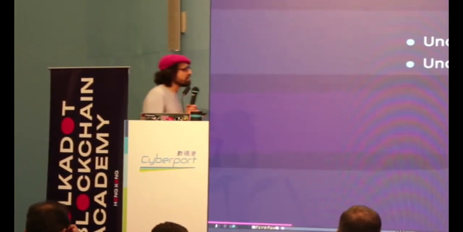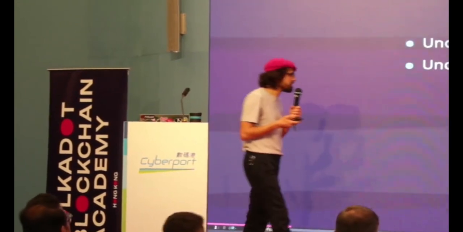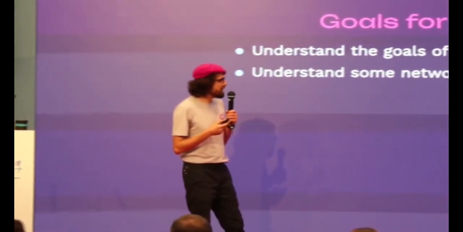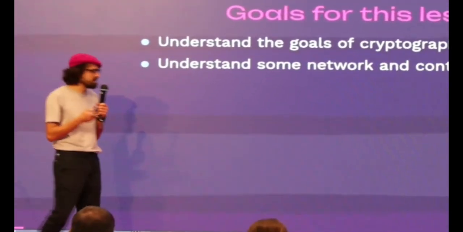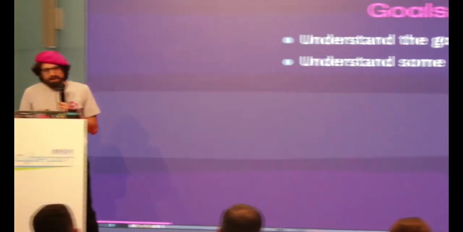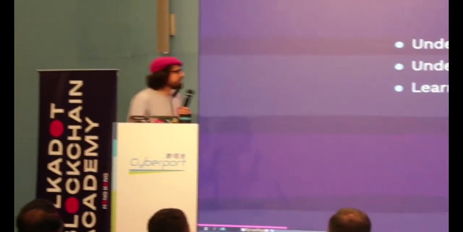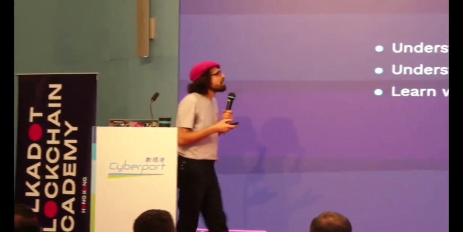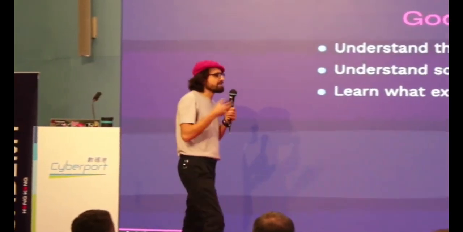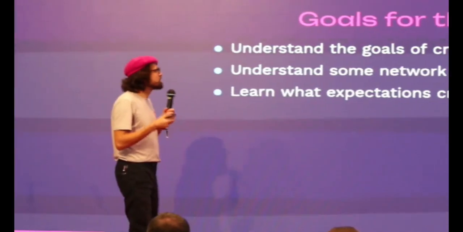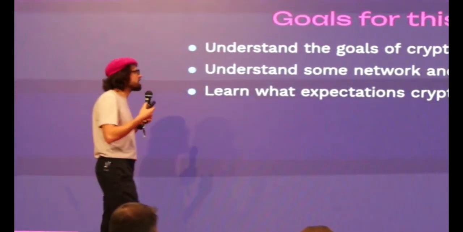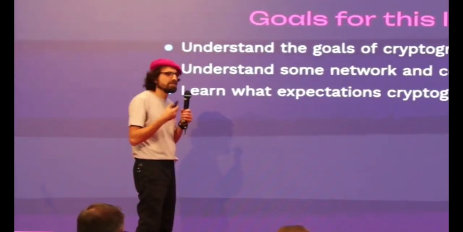Then we talk a little bit about the assumptions that we have. How is our network? What can we assume? What do we assume that the adversary knows, and what does it know? Then, from the goals that we start with and the assumptions we have, we talk about which of these goals the cryptography is going to